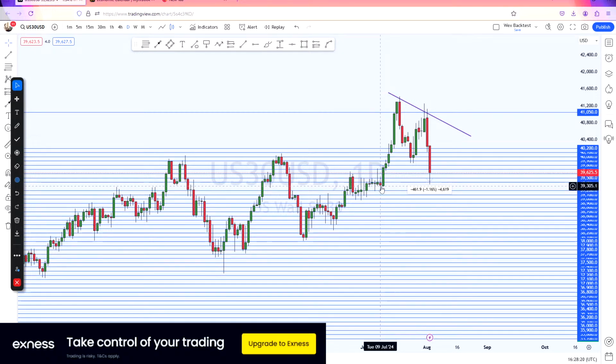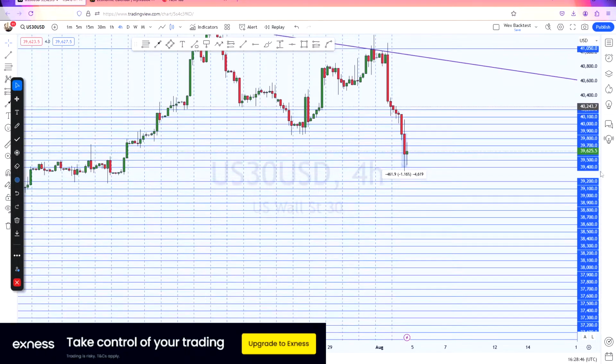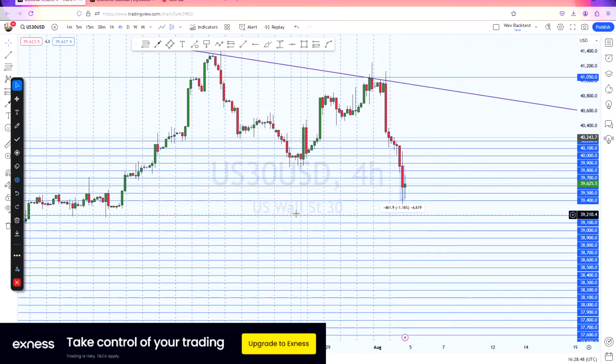And from this point, you could see nice bullish candles: 1, 2, 3, 4, 5. Straight bullish candles. It's basically a sign that there might be a potential correction to retest this broken structure. On the daily, price has broken this structure. We have not seen a retest yet. So let me go down to the 4 hours so that we can see and understand clearly what I'm talking about. So this is what I'm expecting on the 4 hour time frame.